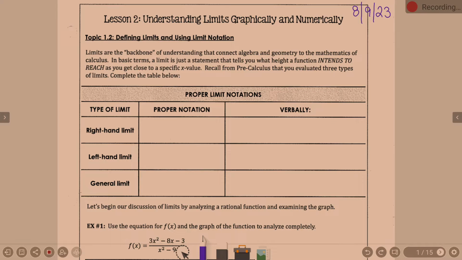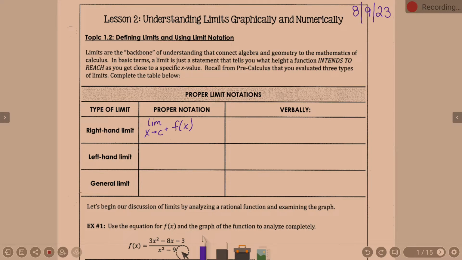So when we talk about limits, there's proper notation, proper ways to read it. You can have a right-hand limit, which is the limit as you approach from the right side of that value. You can have a left-hand limit, which is as you approach from the left side of the value, or you can just have a general limit, which would be approaching from both sides of a set value. So proper notation, and I'm going to use c as my value here. So the limit as x approaches c from the right